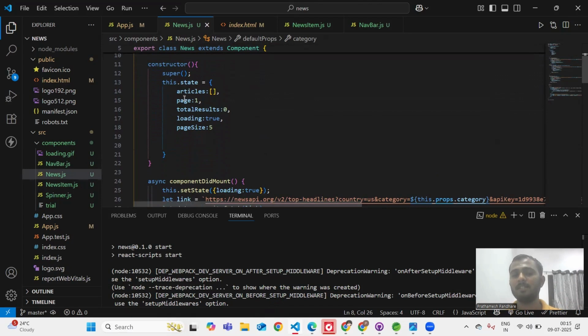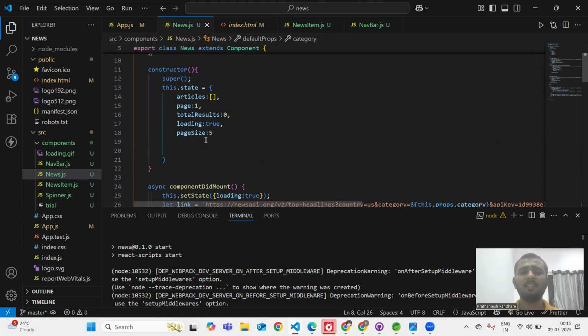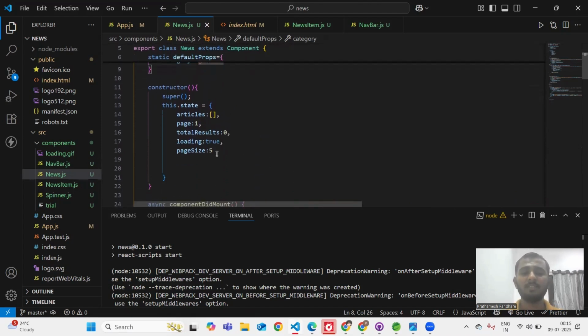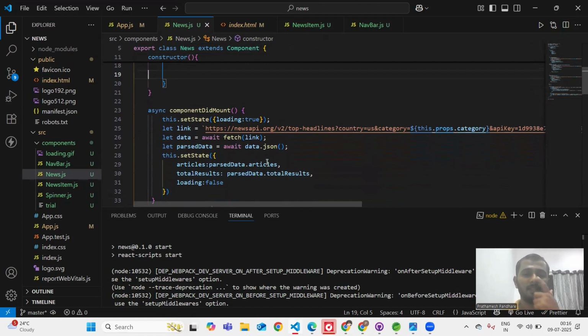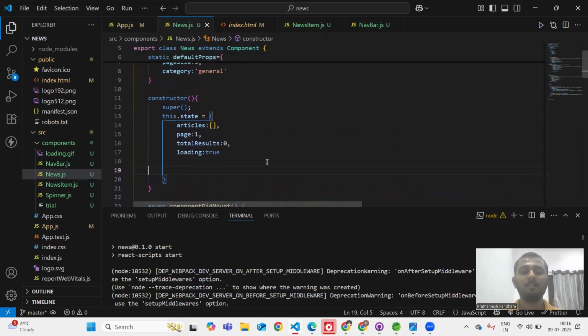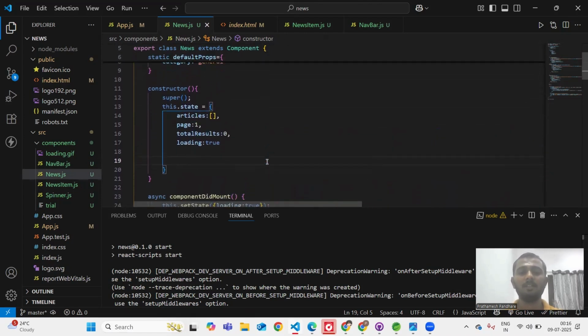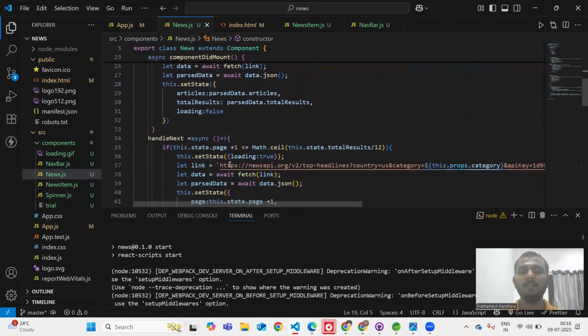So I have declared this state like articles, page, total results, loading, and page size once again, which is not required. Actually, I had made the page size first as a state, but then I thought that it was not necessary to keep it as a state, because it was something I could give as a props that was not changing dynamically at all. So this is how I declare the states, and then whenever I need